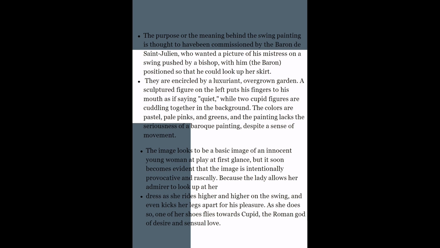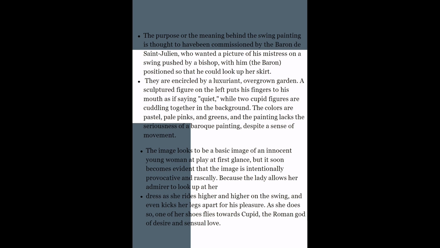A sculptured figure on the left puts his fingers to his mouth, as if saying quiet, while two Cupid figures are cuddled together in the background. The colors are pastel, pale pinks and greens, and the painting lacks the seriousness of Baroque painting, despite a sense of movement. The image looks to be a basic image of an innocent young woman at play at first glance,